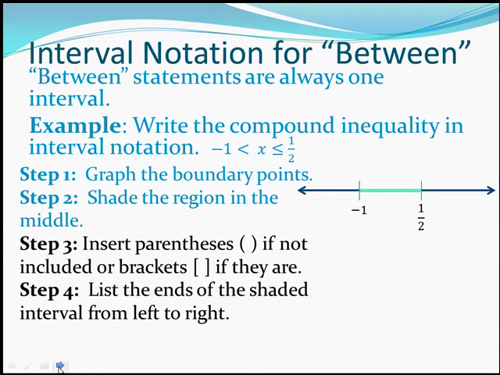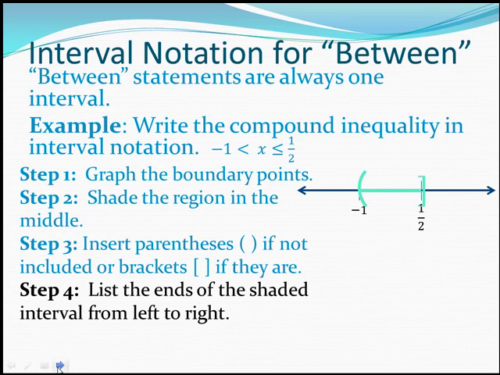We know we're going to shade the segment in the middle. Then we use the same rule as before. On our boundary points, we're going to use parenthesis if there's no equal sign, and we're going to use bracket if there is an equal sign. In this case, -1 is strictly less than x, so it's parenthesis, but 1/2 could be equal to x, so